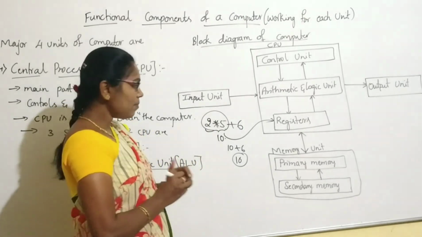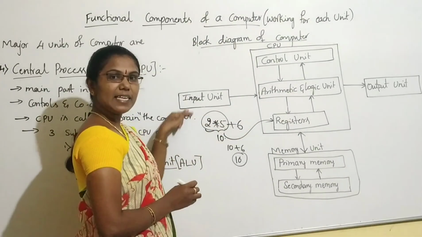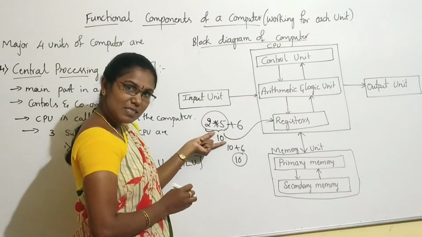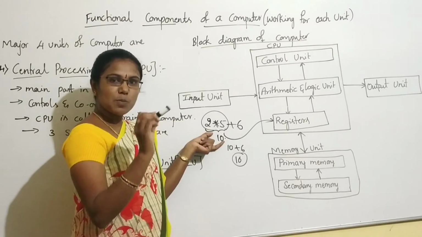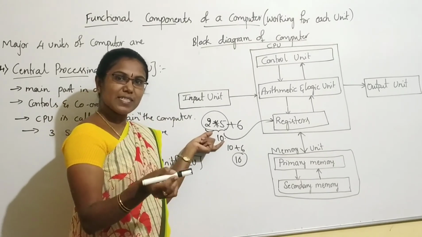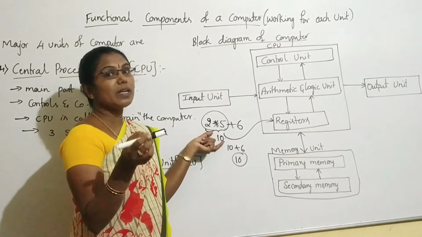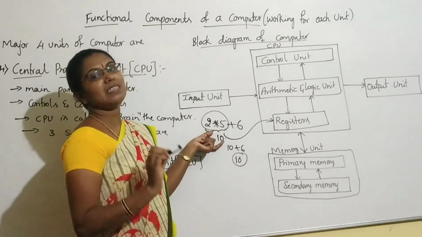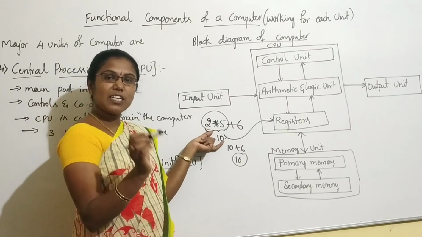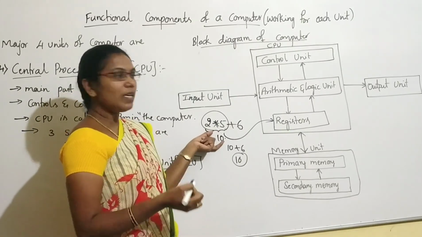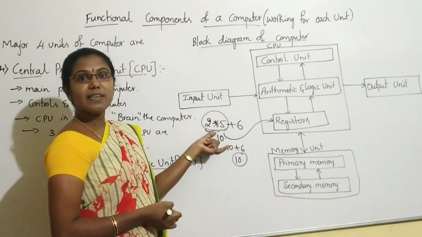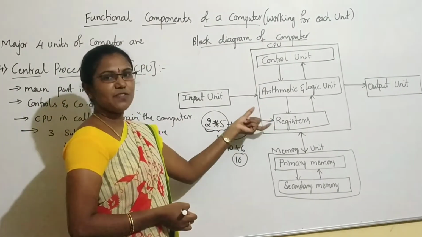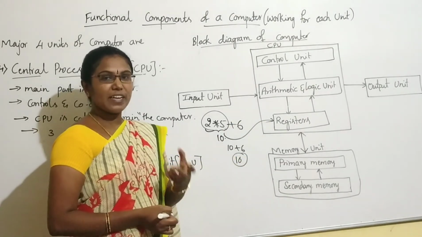But at the time of processing or calculating the data, the intermediate result should be generated. That intermediate result can be stored in a small storage area that we call storage cells or storage locations. Those storage cells or storage locations we call the register. Registers are connected to the ALU to store the intermediate results generated at the time of calculating the data. Understood? These registers we also call the buffer area.